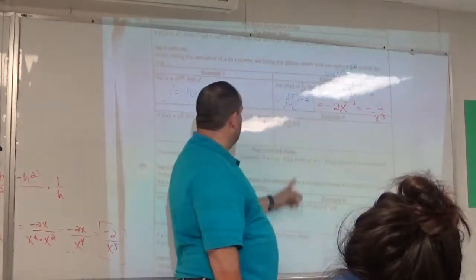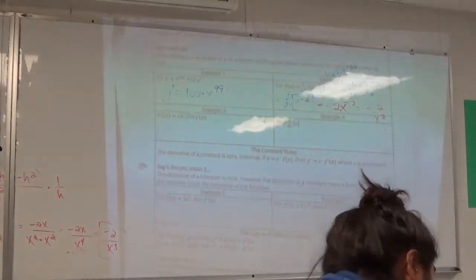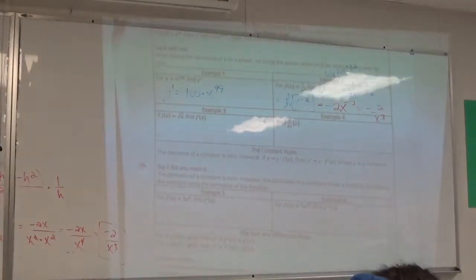All right, I want you to take a minute with the friends that are around you. Try 3 and 4. These are tricky. You know me. Tricky. The power rule says bring that power down and then reduce the power by 1. Negative 9 minus 1. Okay, so exponent rule, if I have 1 over x to a power, like x squared, that is the same as saying x to the